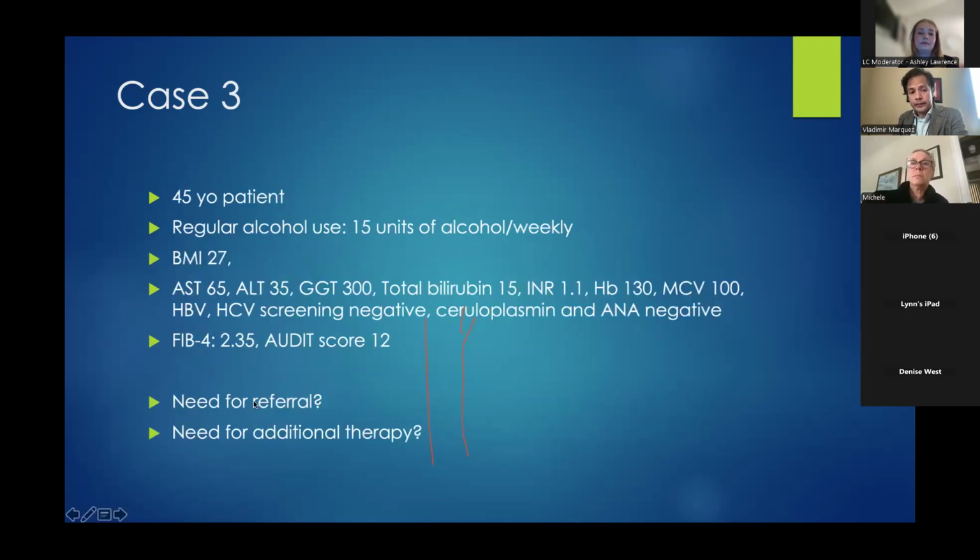Case number 3, regular alcohol use, BMI 27. They have some elevation of the liver enzymes as well. You calculate the FIB-4, 2.35, so higher than 1.3. Audit score is 12, so I did the audit questionnaire for alcohol use disorder. And so the question here would be, do we need to see this patient in hepatology